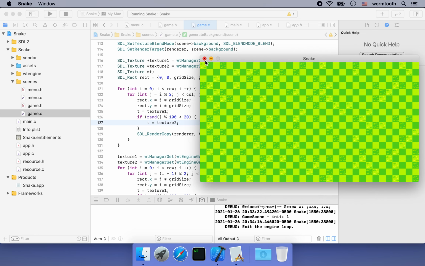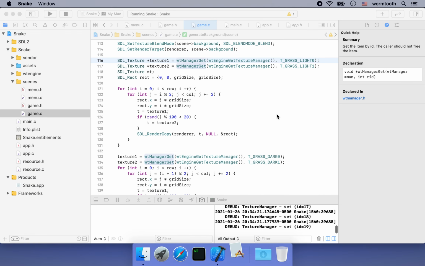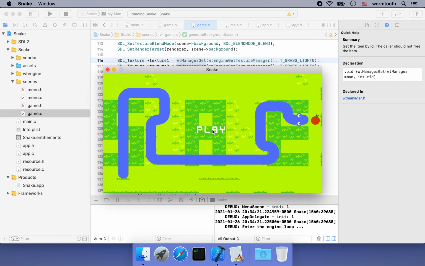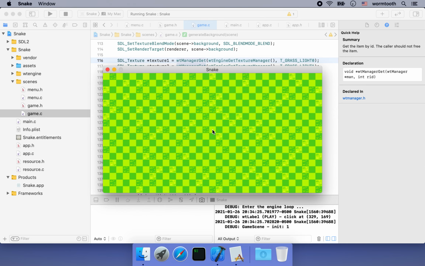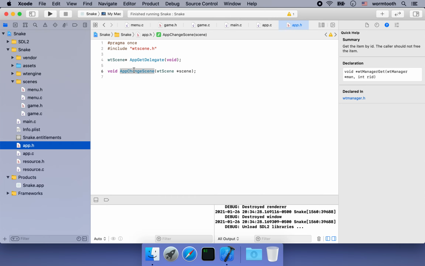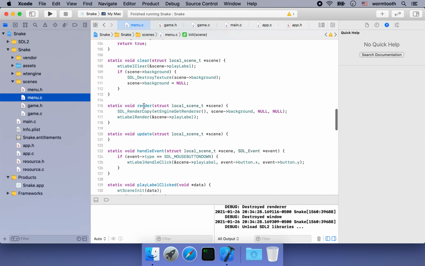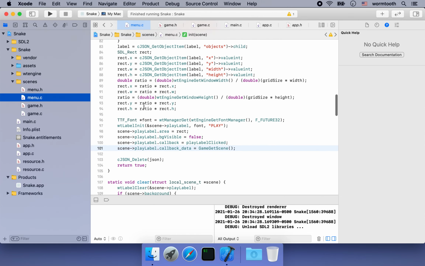And you can see that when we click the menu button in here, we actually can go to the game scene. How can we achieve that? Well, that is rather simple. If we look at the app.h file, you can see that here we have a function called app change scene, which will change the scene to the input here. If we go to the menu.c file and then go to the initialization now,